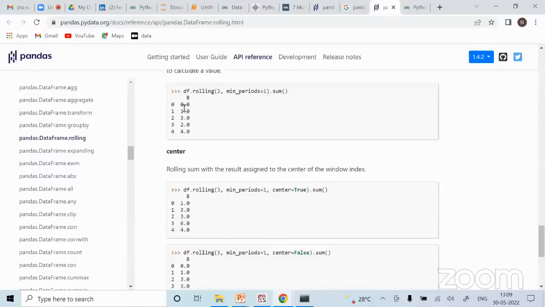Then here it is 3, 4, 3 and 4. So here also it is just adding up the 3 windows, right? So